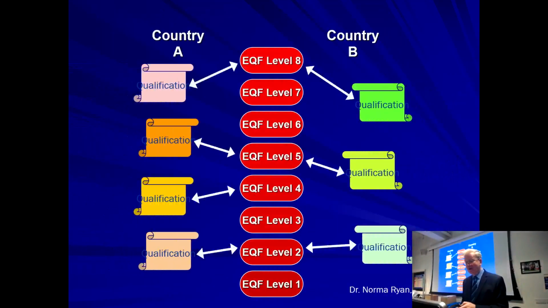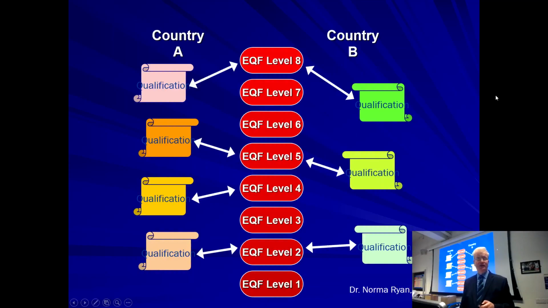And my former colleague, Dr. Norma Ryan, who was in charge of the quality promotion unit here in UCC at one stage, had this slide, and I asked her, could I use it? And I put her name on it to remind me to thank her. But here we have the European Qualifications Framework, and this is really like the translation device. And here we have various countries. So this could be Ireland, and we map our national qualifications framework onto each of these levels. Okay, and here you have some other country, maybe Spain or whatever, and they would map their national qualifications framework